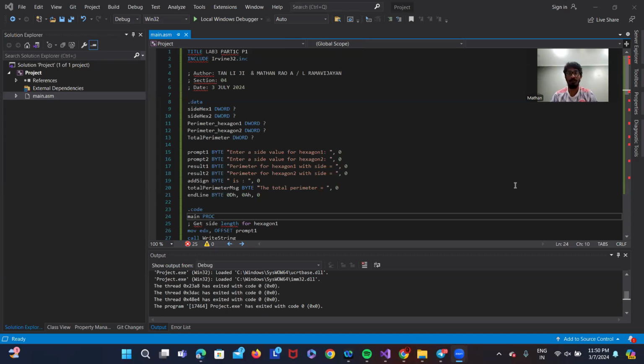So today I'm going to present part 1C for the LAB3, and this will be program 1. Let's get started. We start with INCLUDE Irvine32.inc. Then we move to the next, .data, which indicates the data segment,